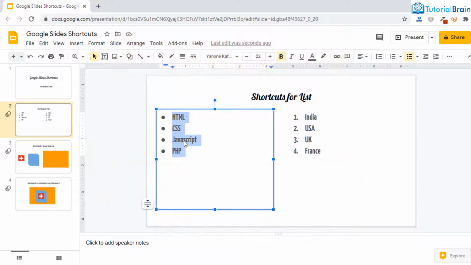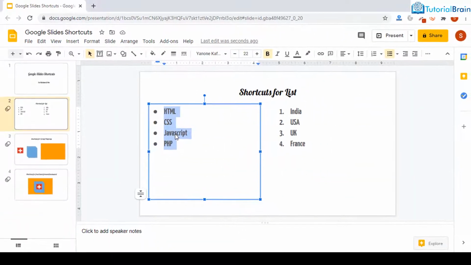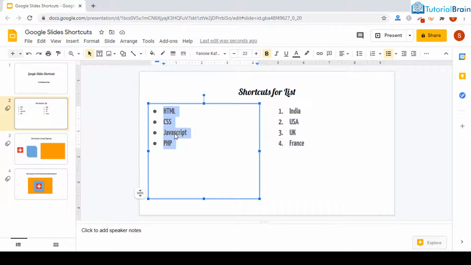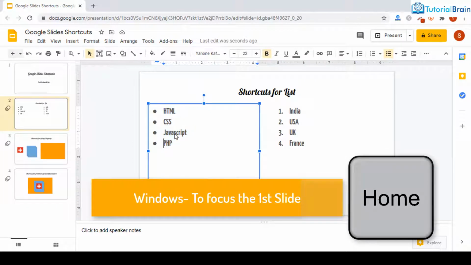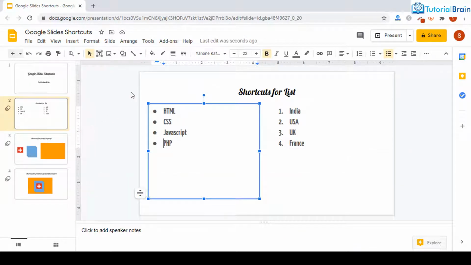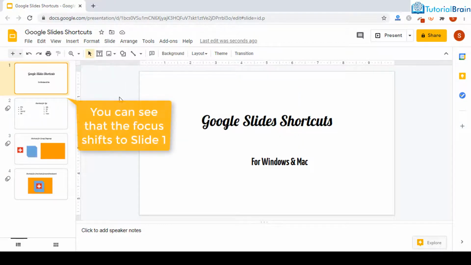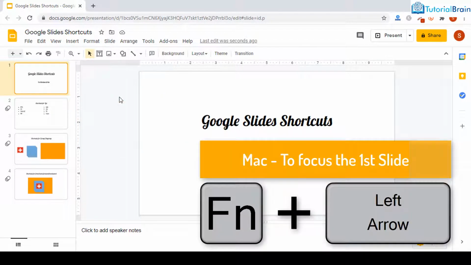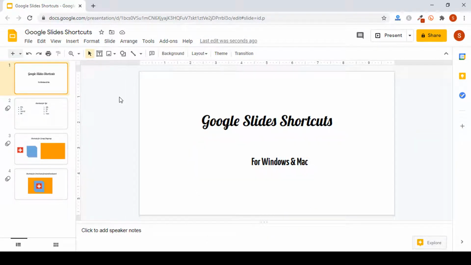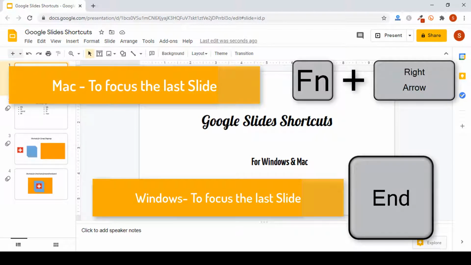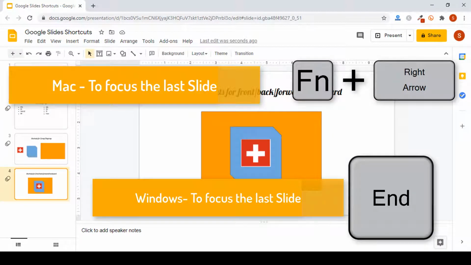Alright, now let's say you want to go to the first slide. Then first slide is your home slide. So you just have to press Home on your keyboard. And if you just press Home on your keyboard, you will be at the first slide. So let's say if I just press my cursor here outside this text box and press Home on my keyboard, now you see I am in the home, which is the first page. Alright, and in Mac, it is function plus left arrow. Now to go to the last slide, you guessed it right, you have to press the End button. So you see here I have come to the last.